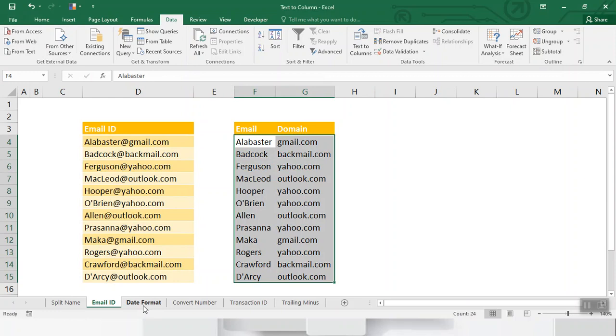Sometimes we get data from a dataset or we import it from a text file, and there is a possibility that the date format is incorrect. Let's convert an invalid date format into a valid date format.